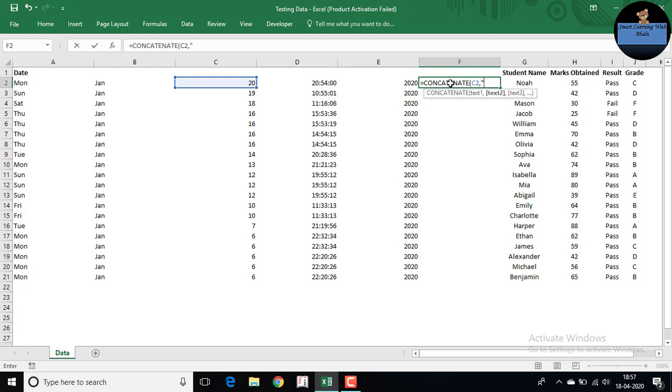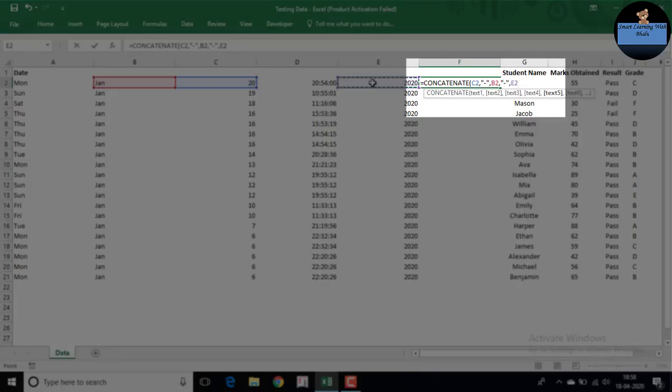Like I want a dash now, so I'll put a dash in inverted commas, then a comma. Then I go to the month. Then a comma, then inverted commas, dash, inverted commas, then a comma, and then I want the year. Once this is done, you can close the bracket, hit Enter, and get your date here.